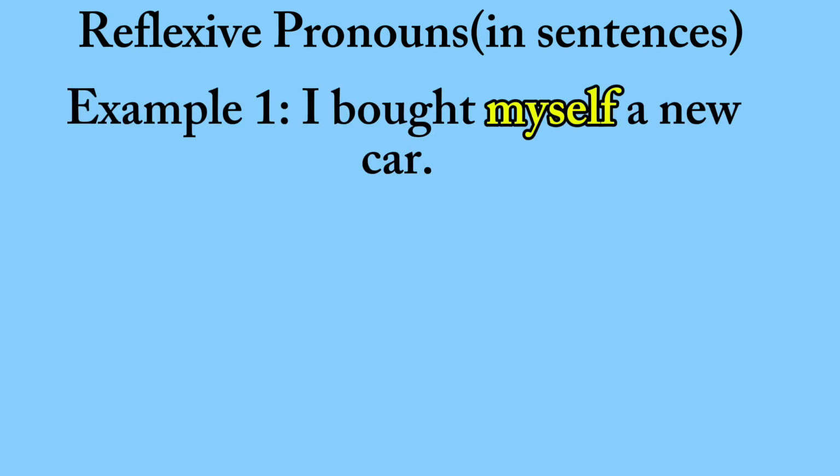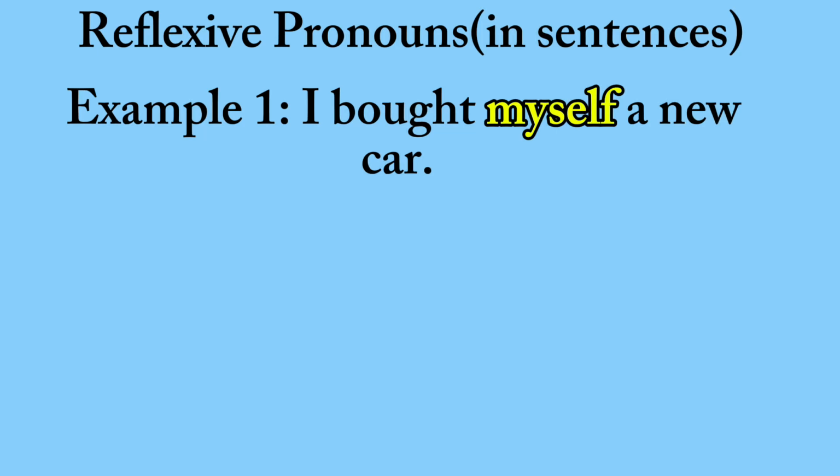So example 1 says, I bought myself a new car. As you can see in this sentence, myself is the reflexive pronoun, and it's also the object. It's receiving the action. I bought myself a new car. The car was bought for myself. As you can see, the subject I and the object myself, which is also the reflexive pronoun, are the same